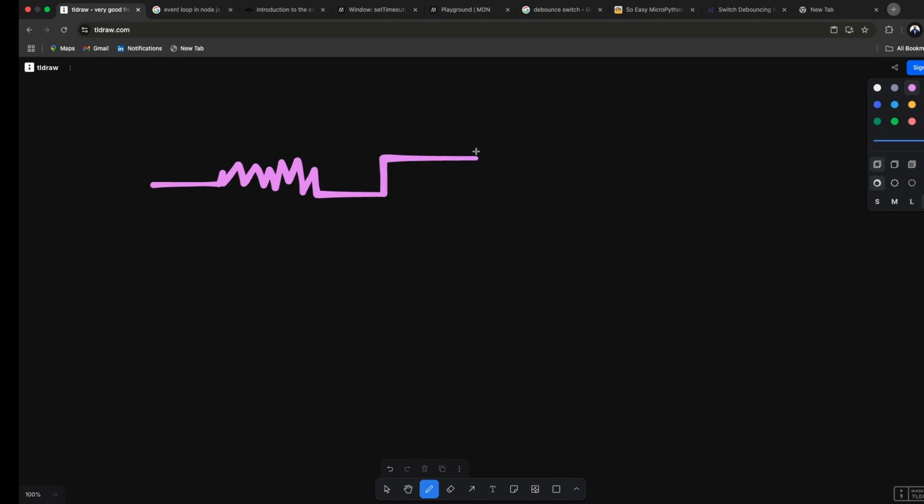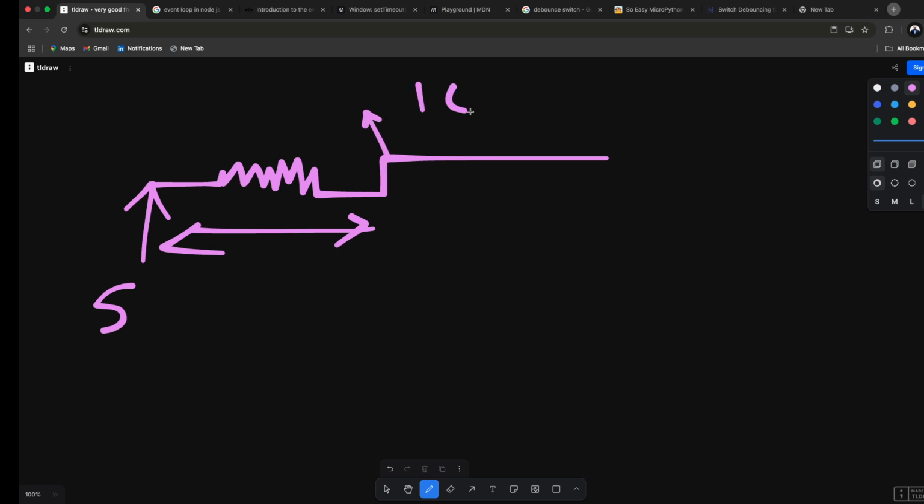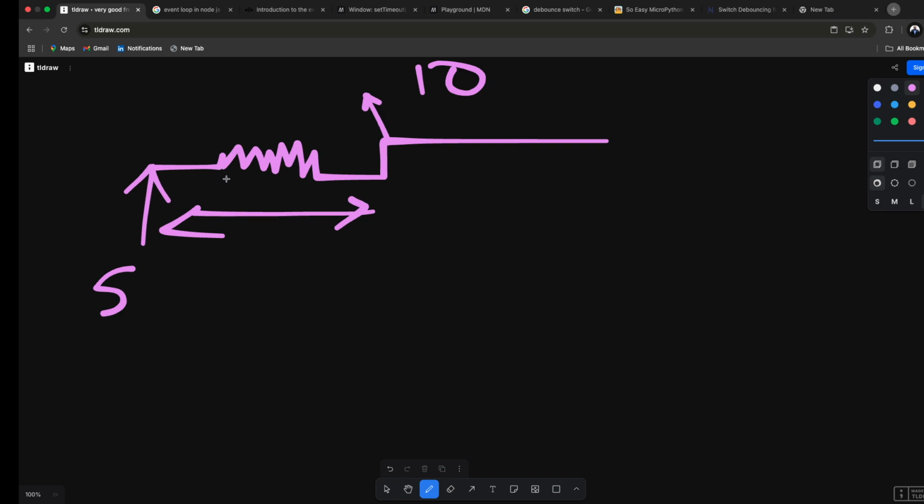And then, let's see, we are going to have these wacky noodles, and then we are going to get this straight line. So what we need to do is, suppose I started this, I'm here, I press the switch here. If I press the switch here, then it has to wait this period of time, because the stable output will come only after 10 milliseconds. So what if I press the switch again? If I press the switch again, then I need to reset the timer,